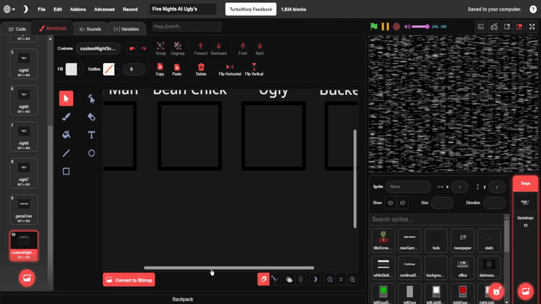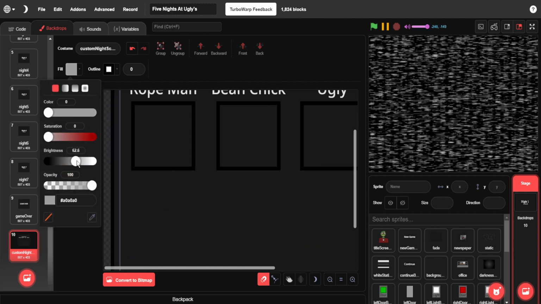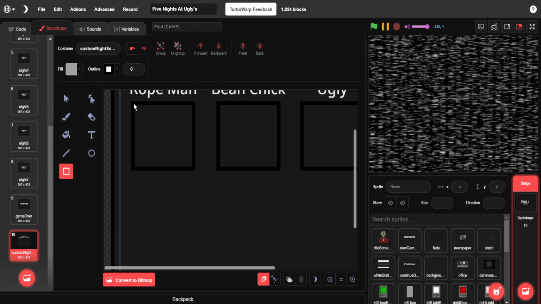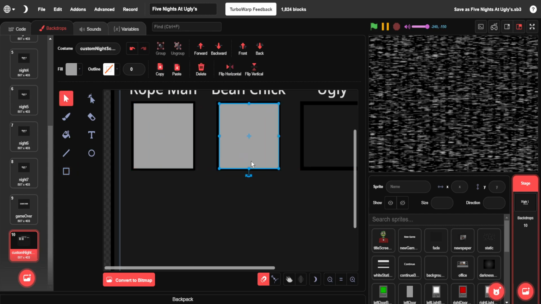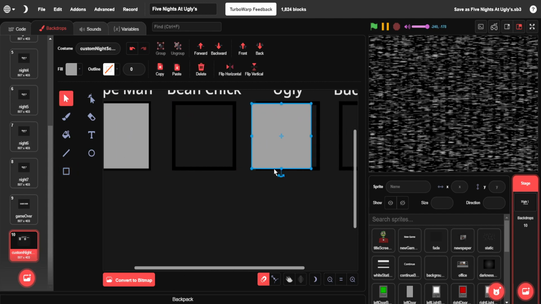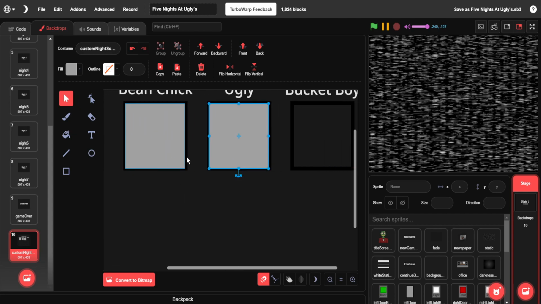Now, the backgrounds I'd recommend making a slightly brighter color. So for this fill, you can do a light gray with no outline and make sure it lines up with the squares. Duplicate them and put them on top of the squares. Okay,